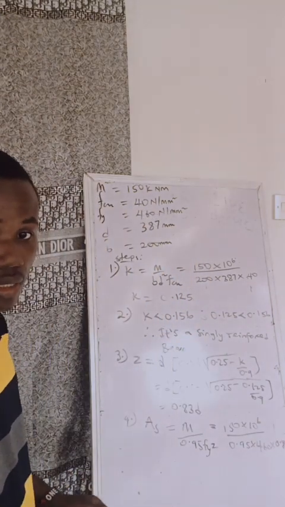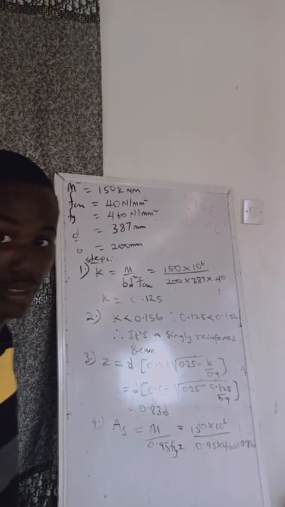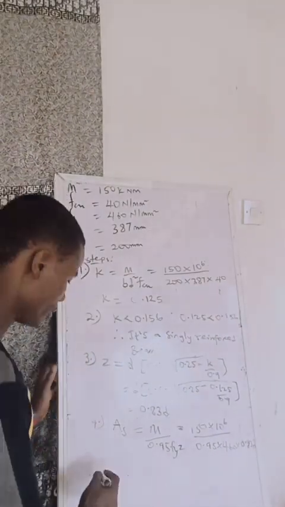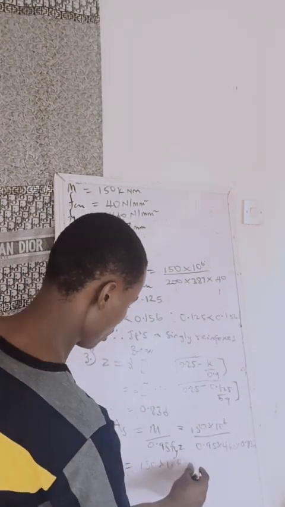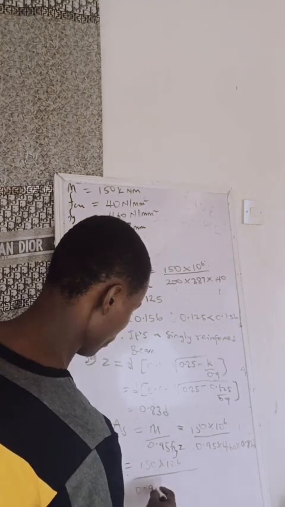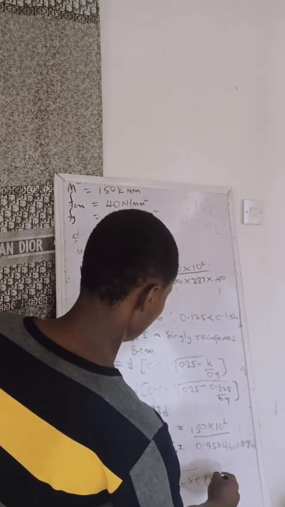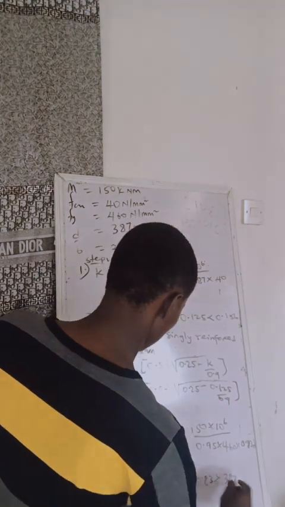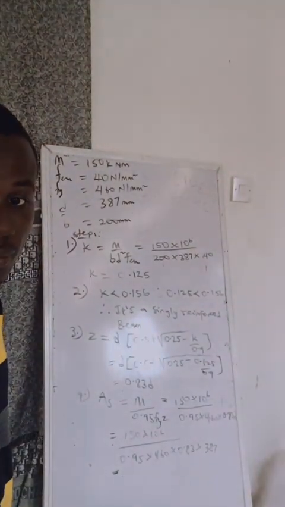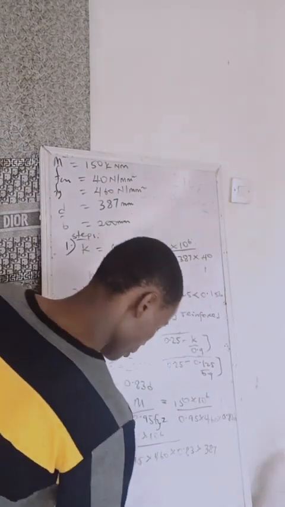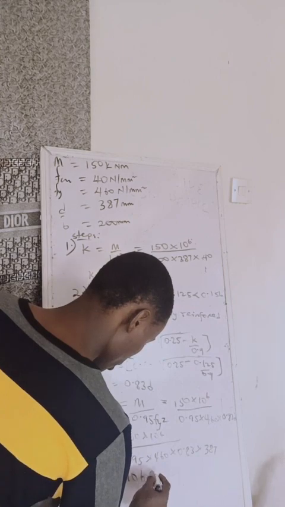I hope that is clear up to that particular point. So we can continue calculating as 150 times 10 raised power 6 all over 0.95 times 460 times 0.83, and our D is what? 387. So your final answer should be around 1068